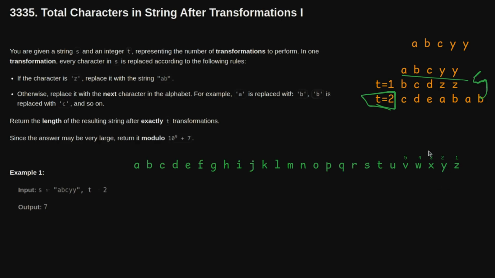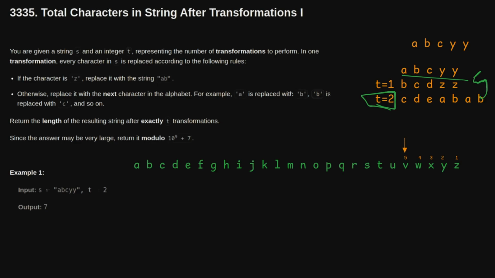Right. So we have this. Okay, now what we want to say is that if T is equal to 2, we are here at Y, and we will increase only those letters which are greater than Y, right? For example, let us say we have T is equal to 5. Let us take a bigger example. So let us say that we have T is equal to 5, and our string is now